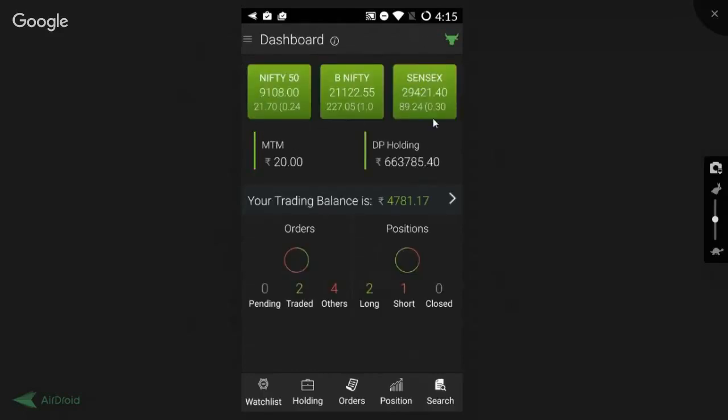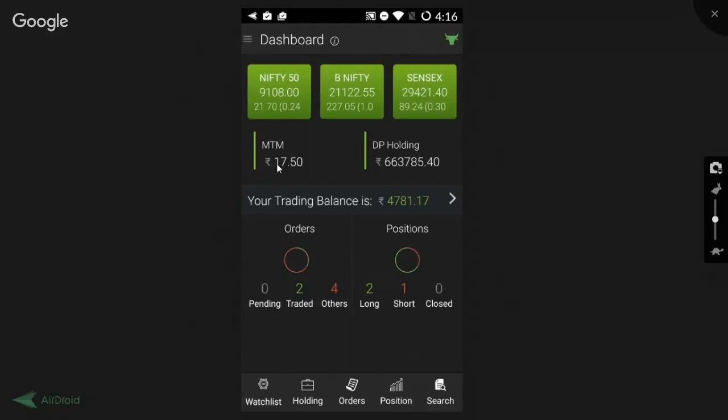As we have completed the market overview, we get on to the next component of the dashboard, that is the MTM. MTM overviews the consolidated amount of all the open positions over here. MTM is the mark to market. So this is the MTM for today. That shows me all the positions that I had open today. As you can see, it is fluctuating because we have a position open.